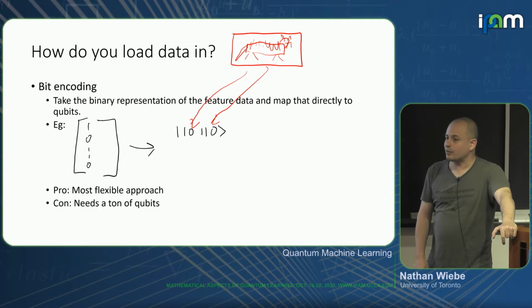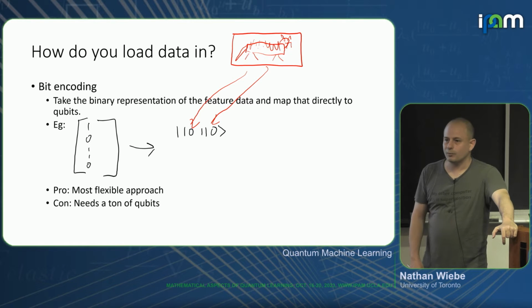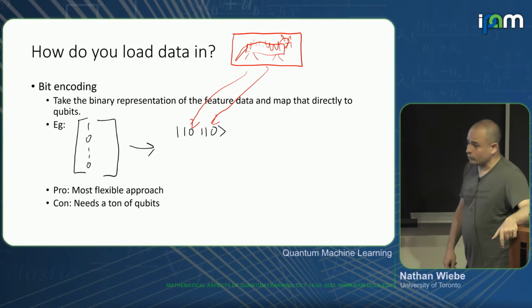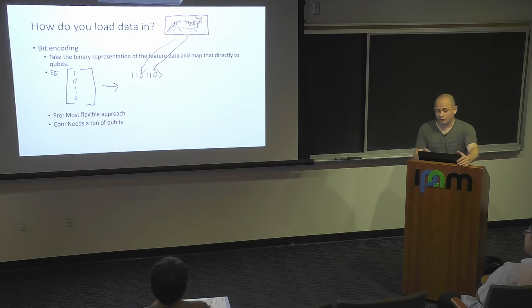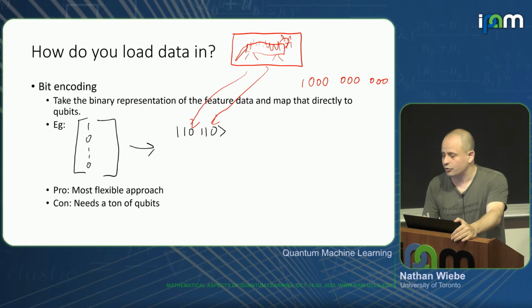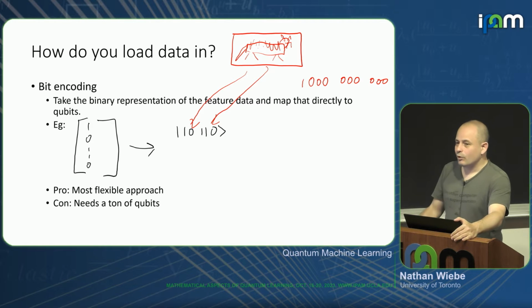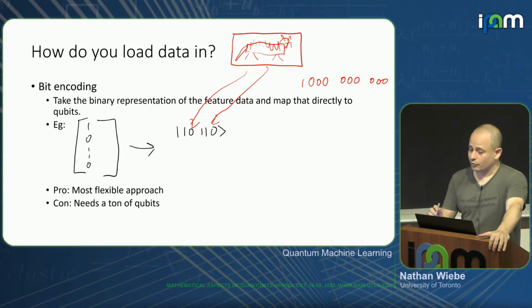We can do anything with this that we can do with ordinary machine learning. The downside with it is we need an absolute crap ton of qubits. So if I wanted to do something like this for a large language model, then the number of qubits that I would roughly need in order to be able to specify the entire network would be about 1 trillion qubits, okay? Which is a little bit of a bummer, because at present,